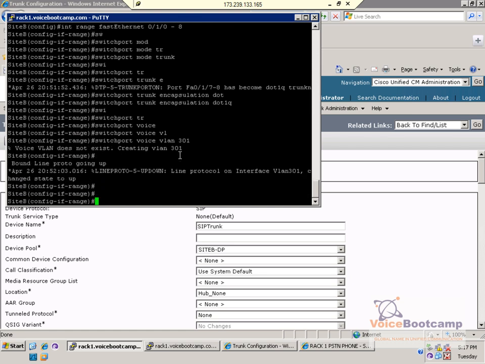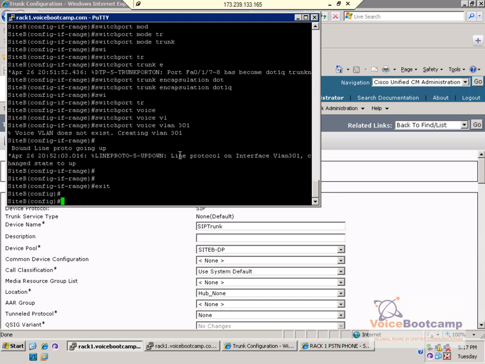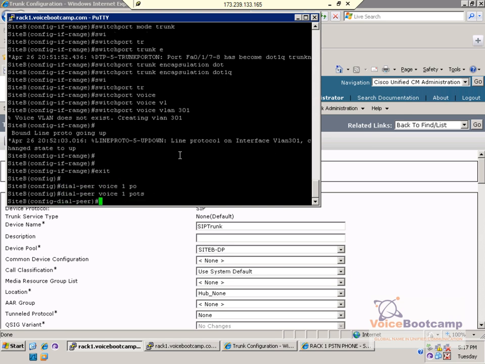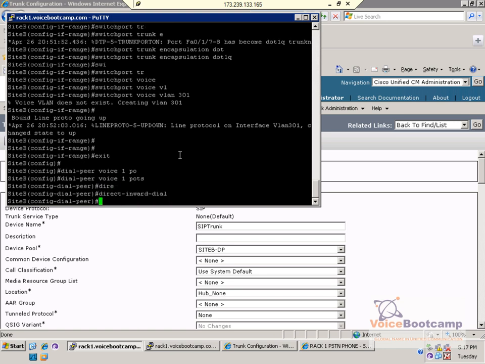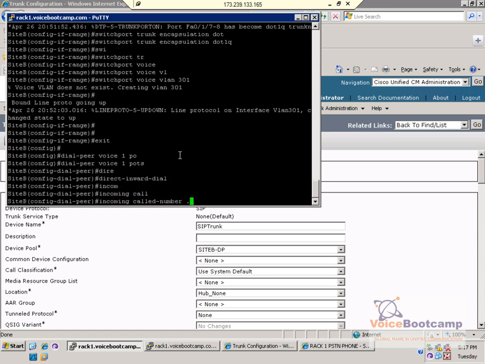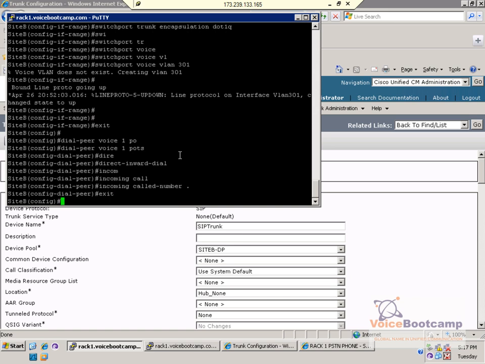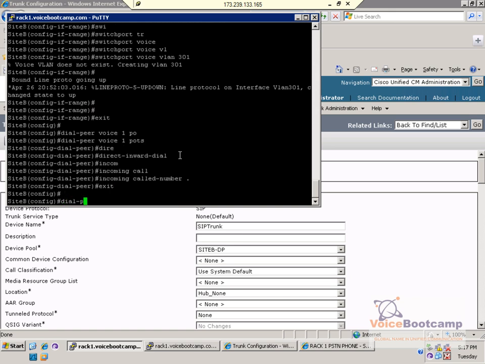Next, just simply create dial-peer pots, direct inward dial, incoming called number dot. This allows the inbound calls to come in. Next, I will create dial-peer voip 100 voip. Destination pattern would be